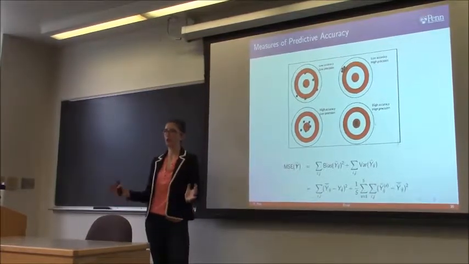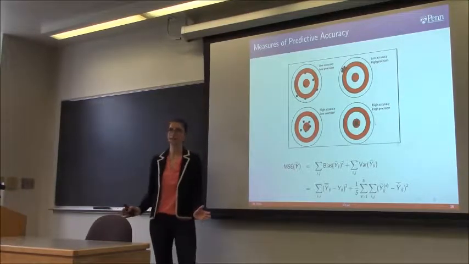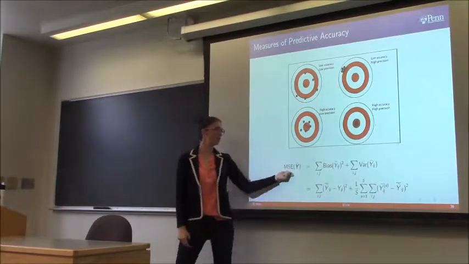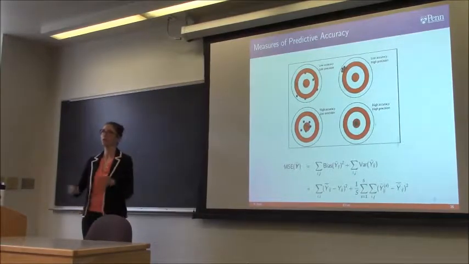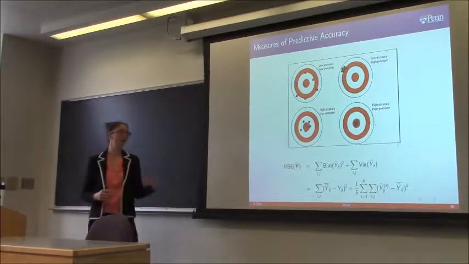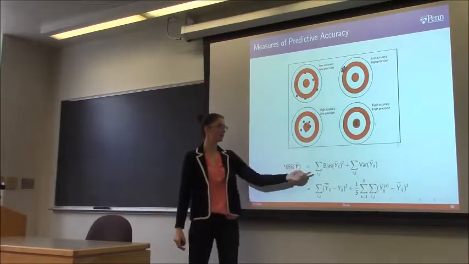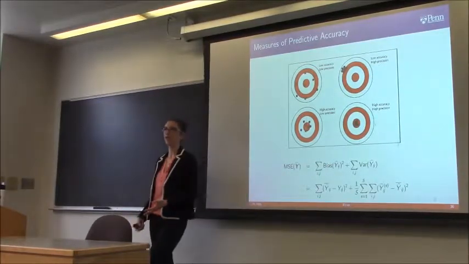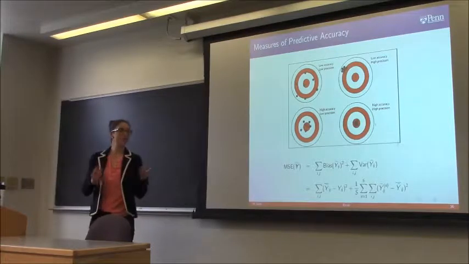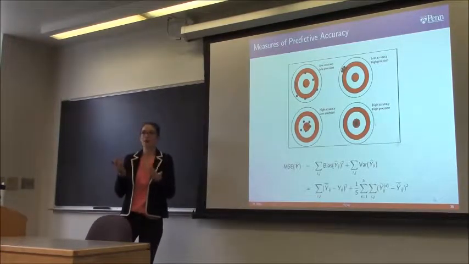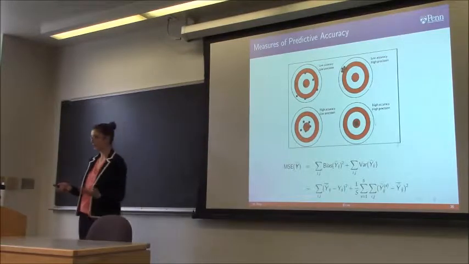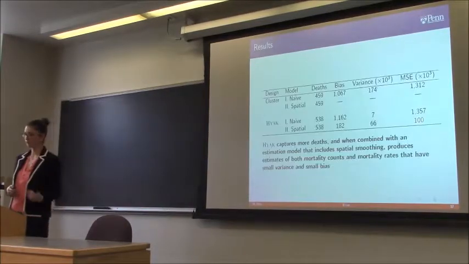Do you guys know what bias and variance are? Right, okay, great. So we're going to be using the criterion called the mean squared error to evaluate how well we're doing. We want a small mean squared error, and it's composed of bias squared plus the variance. So we'll have a balance between bias and variance, and as long as that balance results in a roughly small MSE, we're good to go.